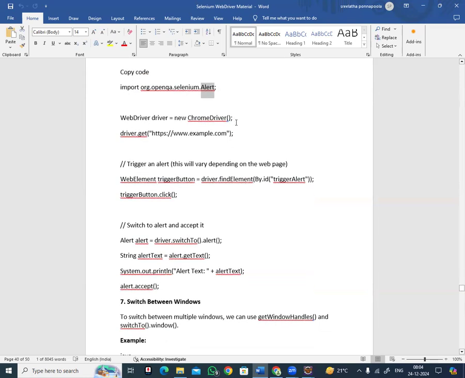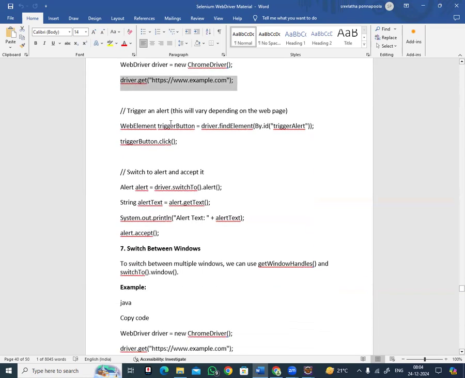Then we are creating the driver object and we are using the get method to open the application. And then we trigger an alert. This will vary depending on the web page. Based on the web pages, the actions on the alert will vary. So how do we see it? See here, the trigger button. For example,